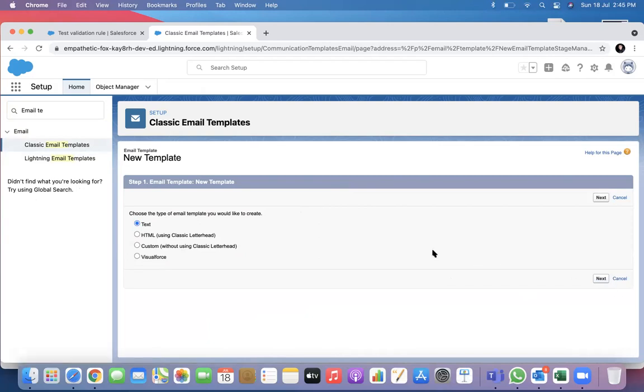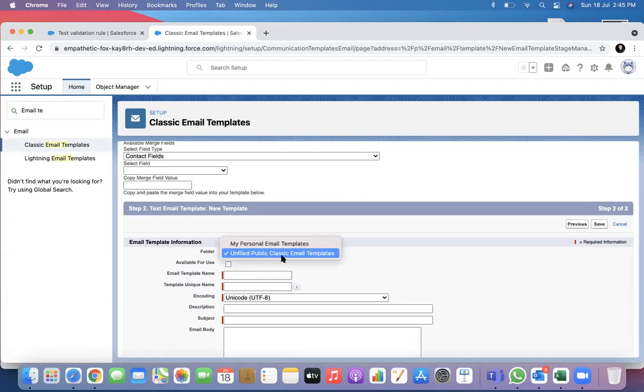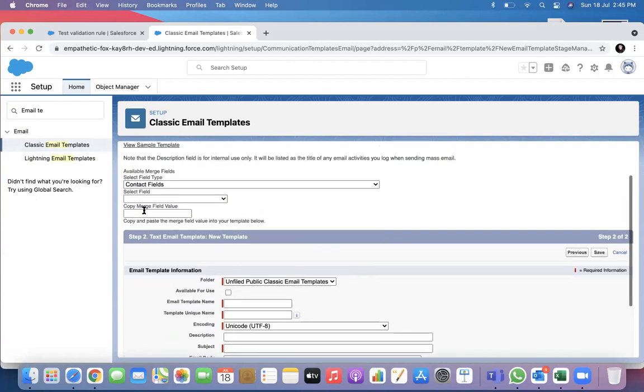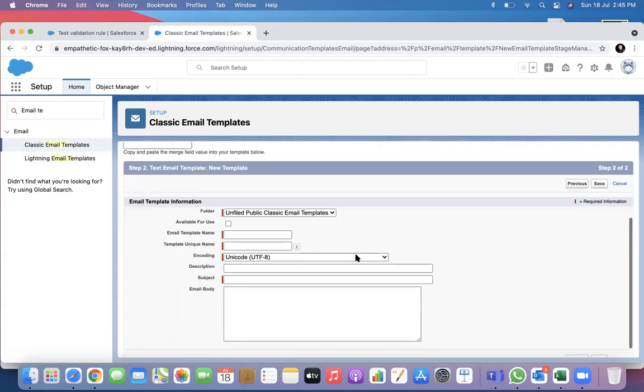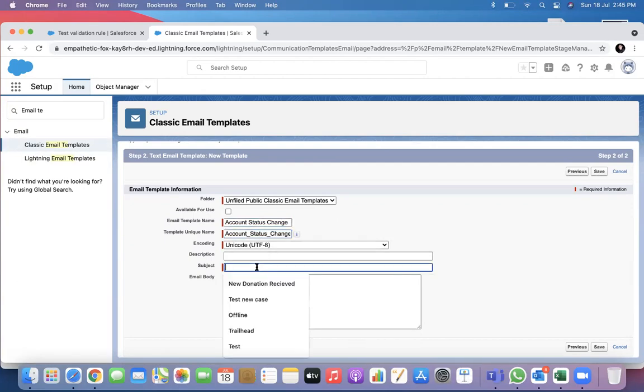You can explore this more. And this is a smart field generator. I will show you where it is used. So what is the name? Account status change. Subject: account status change.